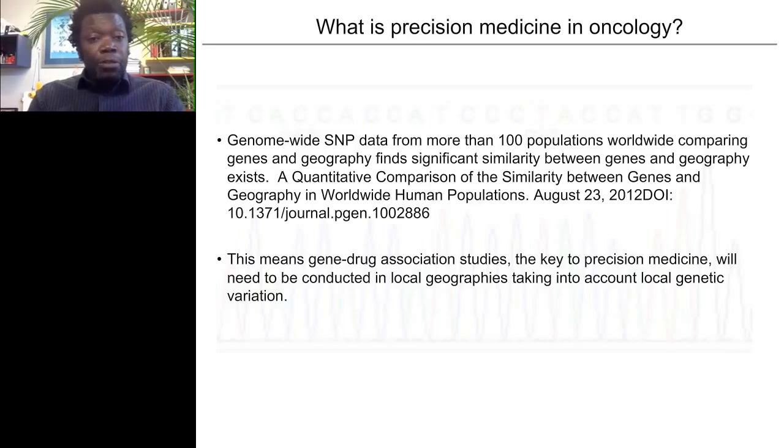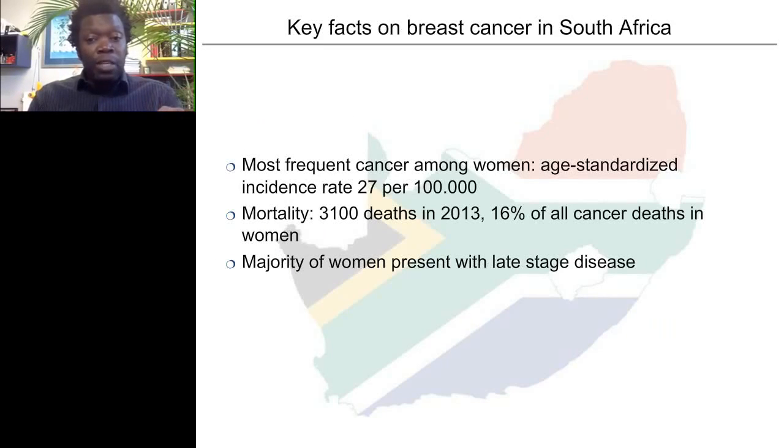And that's a very important consideration because it's not that the drugs will not work, it's trying to understand the appropriate variants to stratify individuals, to find individuals who would respond positively to those drugs. So the most frequent cancer among women, and this is really breast cancer, and the rate of breast cancer, again, our statistics are not that good in South Africa at the moment, but the incidence is seen to be about 27 in 100,000,